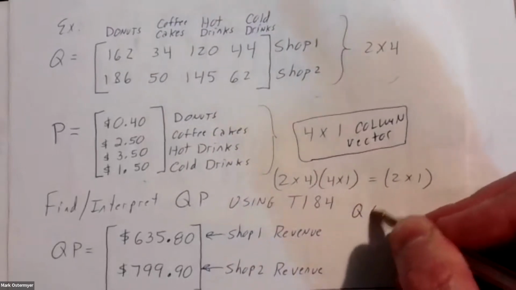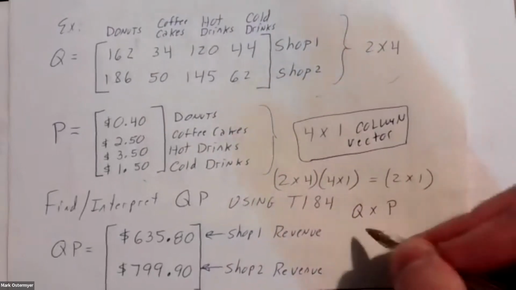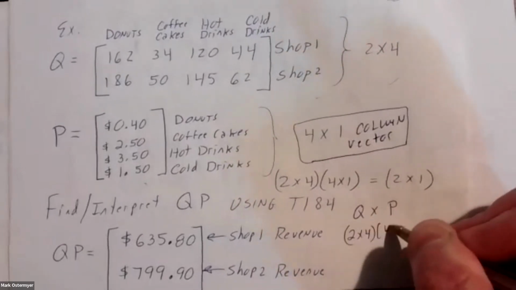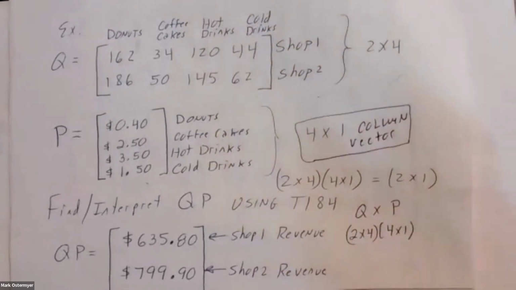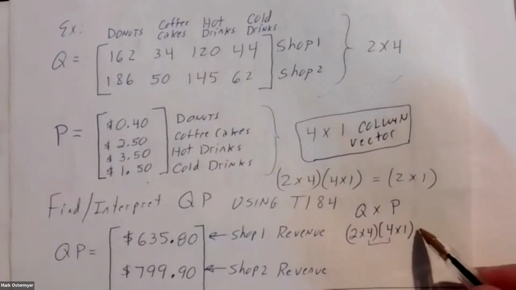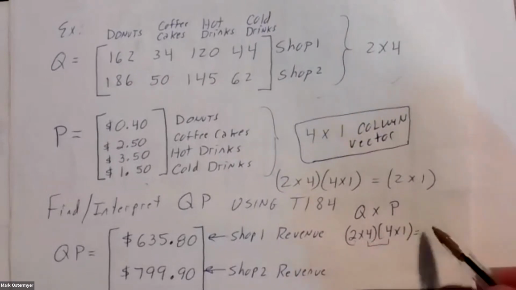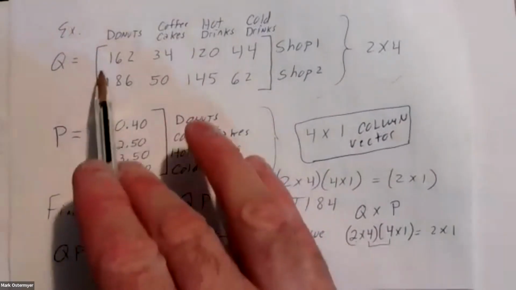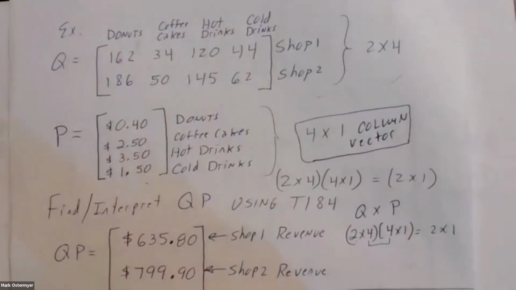Can I multiply Q and P together? Is that possible? Where Q is a 2 by 4 matrix and P is a 4 by 1. Looks like it's possible because the inner dimensions are the same. So our resultant product matrix is going to be a 2 by 1 matrix. So when you multiply matrix Q by P, ladies and gentlemen, you're going to generate this 2 by 1 product